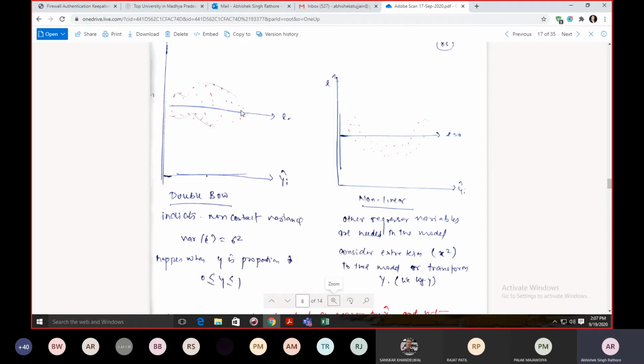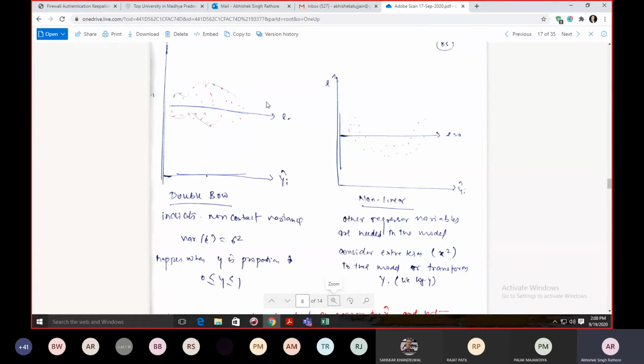When you get this type of graph, it happens only when your y is proportional to your residual, and the value of your y lies between 0 and 1, because your value of y lies in some particular range. So y lies between 0 to 1, and you are having a non-constant variance. This variance constantly changes, so it means that we are having a non-constant value of the variance.